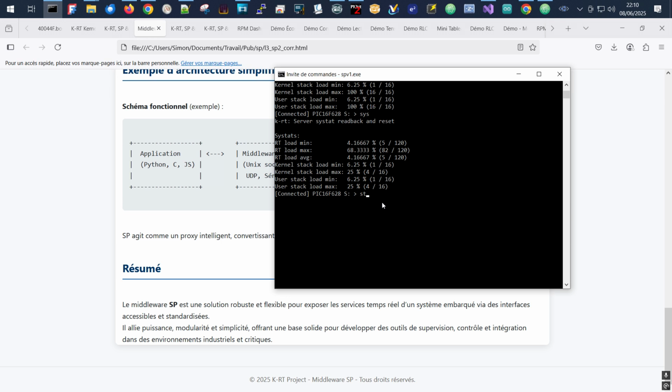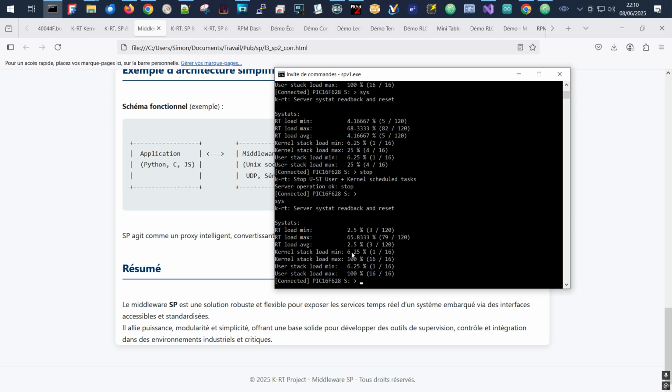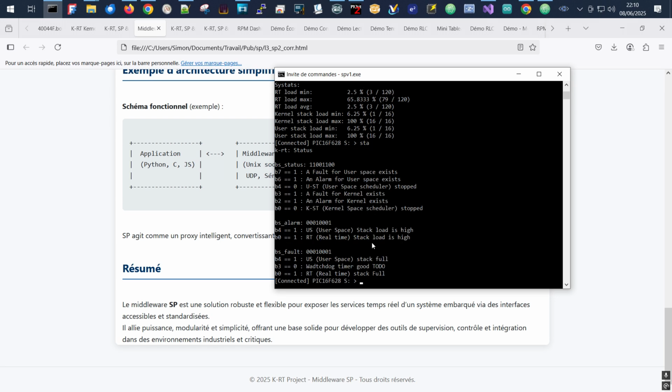So now if I make a stop, system statistic, we see overload on the stack, and status, we see that we have a fault. We see the stack load is high, and we see the stack for user and kernel are full. That's normal because we have stopped the kernel and user space scheduler, and so we see we have a fault,